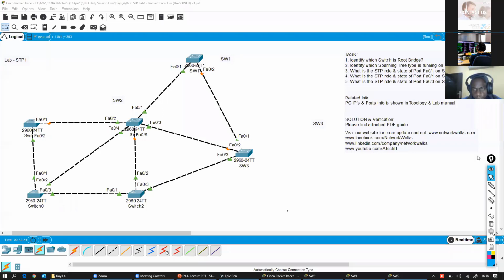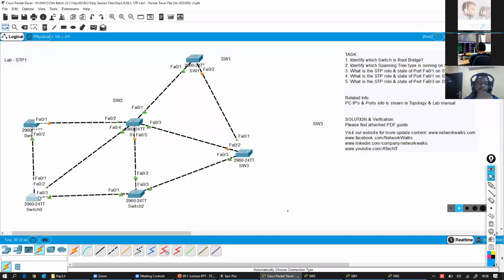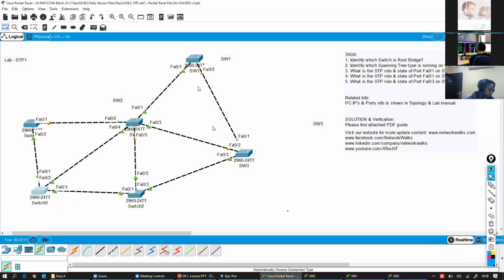He says the middle one. So Salavu says the middle one. No, Salavu, you see one port is down. We discussed that the root bridge has all ports up, all links up. Yes, very good, Mr. Guerrero. Yes, this is switch number 0. Why? Because this link is green and the other side is green as well. This one is green, the other side is green. On all other switches, you will see at least one link is down.